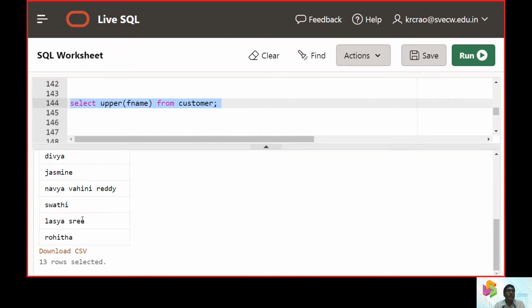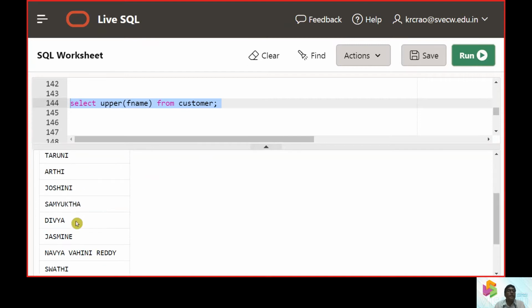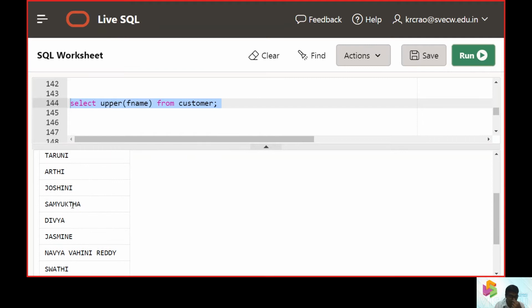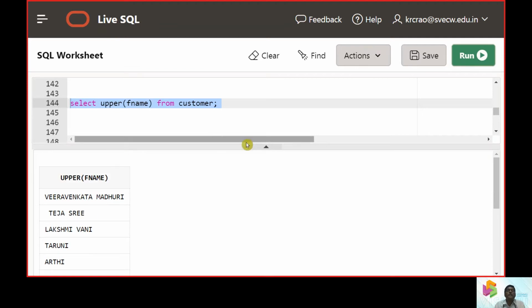Now Jasmine, Swati, Lashat, Sri, Rohini. Now you want to observe the things in uppercase letters, so hit this, and then you can see the same names are going to be printed in uppercase letters.